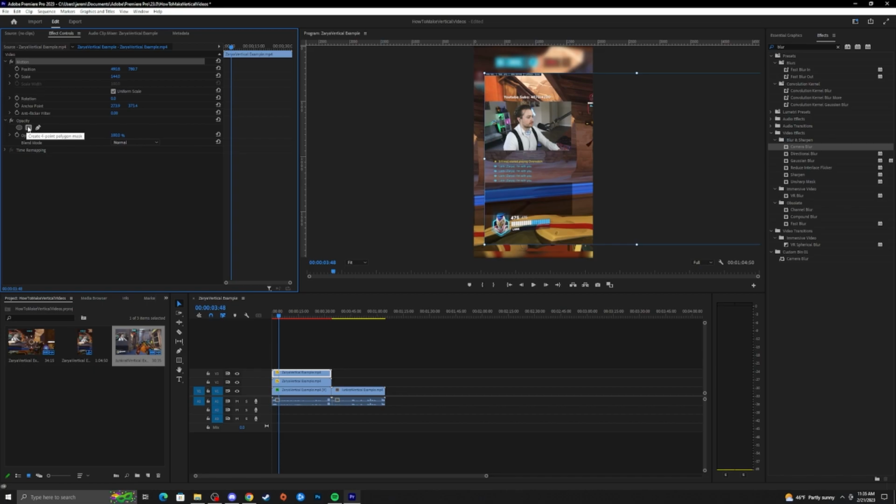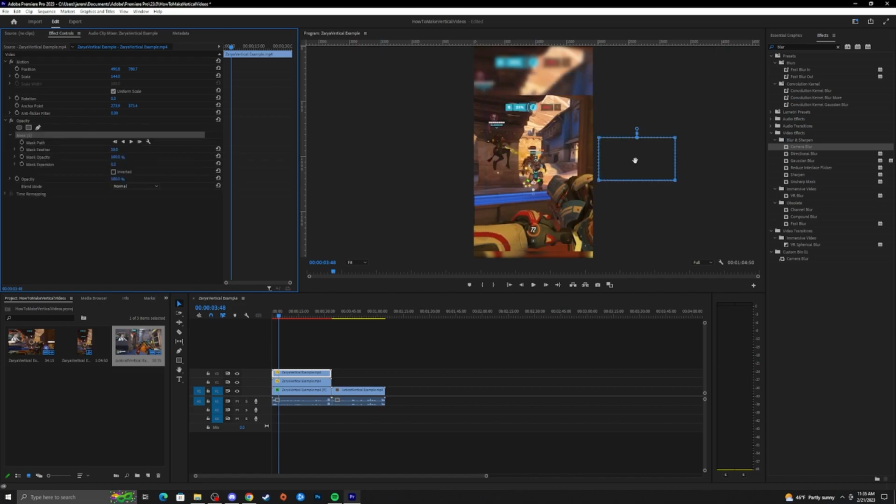Now, after we do that, we are going to come down over here and click Create a 4-point polygon mask, and then it's going to do this. It's going to add a mask. So this inside this is whatever's going to be shown. So if I drag it over here,